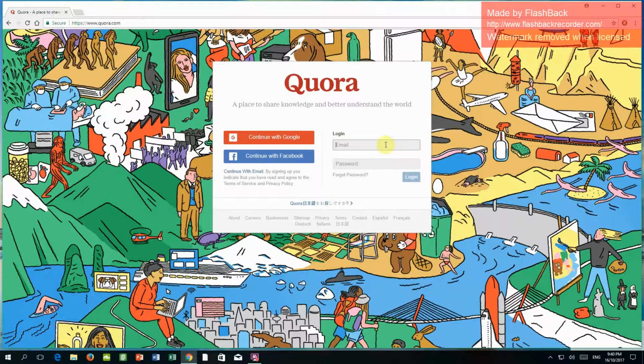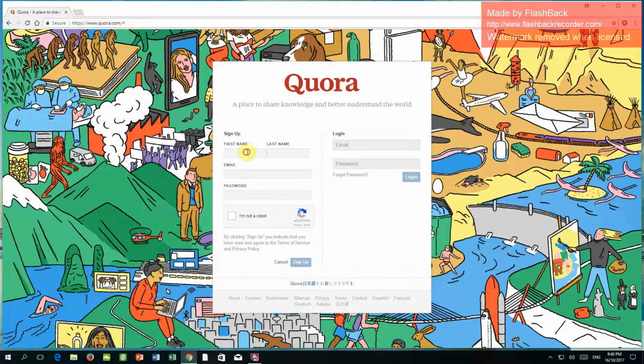So let's go ahead and sign up. If you have a Google account, you could use your Google account or Facebook account, but I'm going to just go without those two options. Continue with an email. So click on that one. Type in my email.